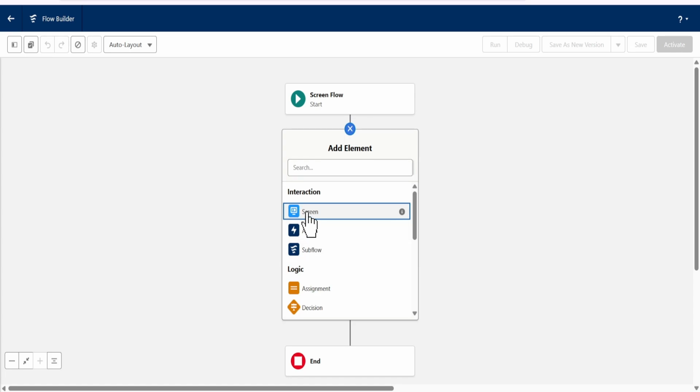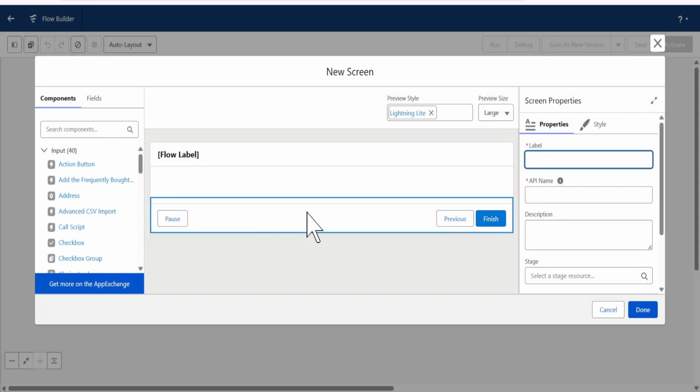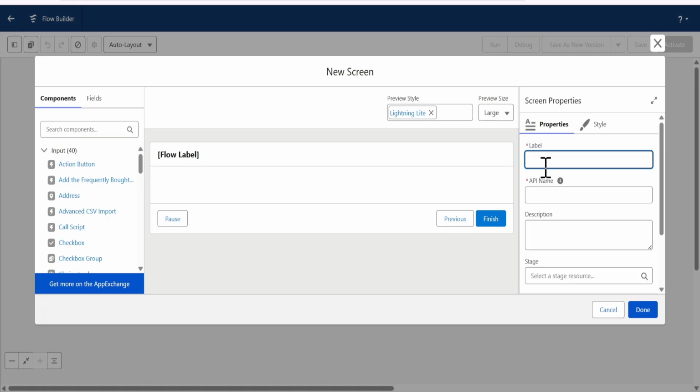On the canvas, click the plus icon to add an element and select Screen. Give your screen a clear, user-friendly label. Salesforce will auto-generate the API name for this screen based on your label. That's the back-end identifier used by the system, so you don't need to edit it unless you have a specific